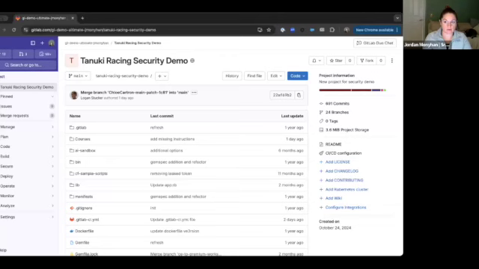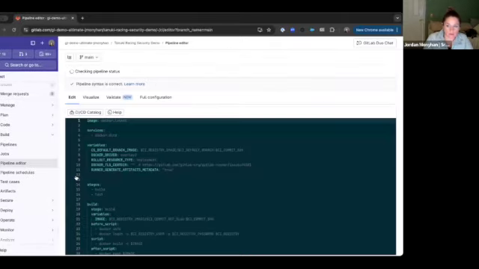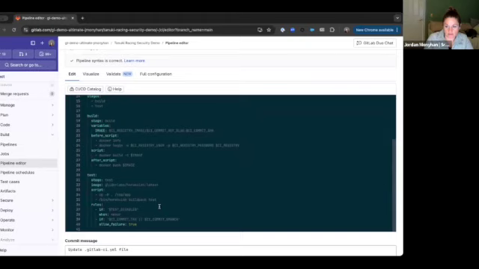So the first thing that I'm going to do with this demo, of course, is share my screen. And here we have our Tanuki Racing security demo project. This is what we are going to use for this whole demo. The first thing I'm going to do is come here to build and go to pipeline editor. And what I have here is basically just